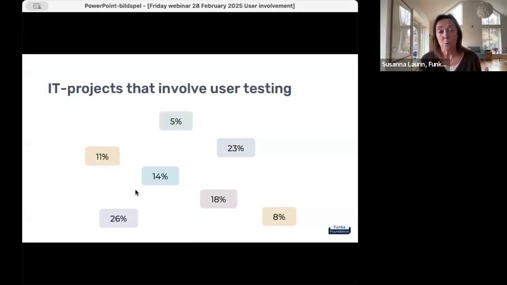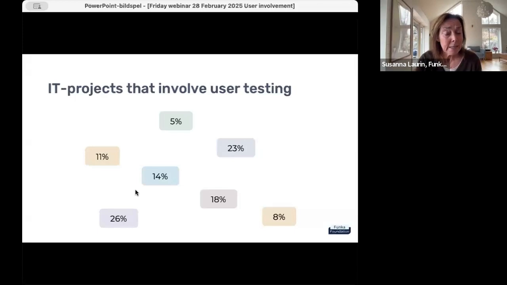seen. It, of course, depends on where we are in the world, how big the IT project is, if it's in public or private sector, and so on and so forth. I'm not saying that any of those numbers are the correct one or the truth, but when looked at from different angles and different perspectives and cut and sliced in different ways, we find many different numbers, but none of them is even close to half of the projects being developed and designed with users actively involved, which is a bit surprising since we are all in agreement that they should be involved somehow, and still they are